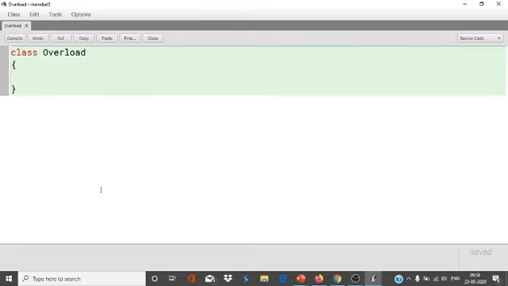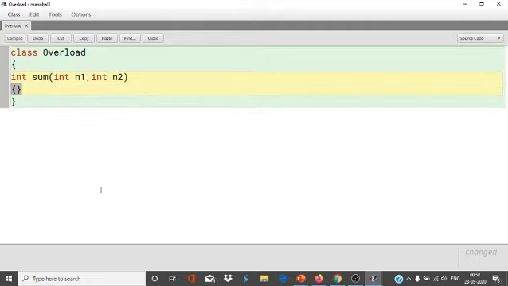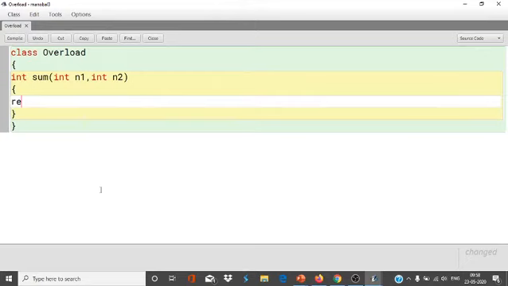Now I'm going to create the function sum, as in the example I gave you. I'm going to find the sum of two numbers. So int n1, comma, int n2, actual parameter, formal parameter, return n1 plus n2.